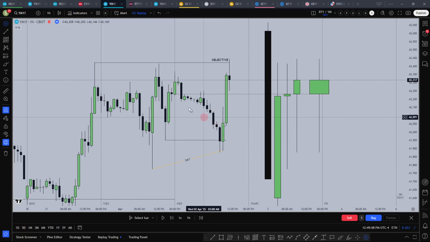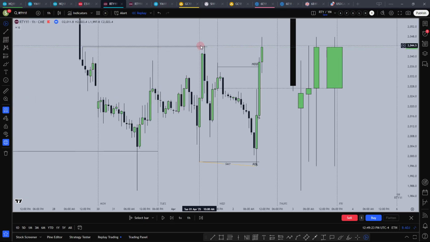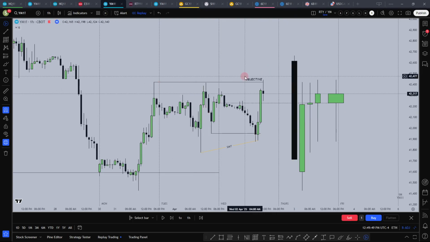I forgot to turn on the mic in the recording. So two positions in this day, one on RTY, shorting till previous day's low, because RTY had better structure. To short till here. This hitting the previous day, hitting the relevant internal level. So previous day being retracement, next day being expansion to the objective, open high, move away. So 9 a.m. OHLC established high, kind of short there, price displacing away from it. So high of the day being an objective, but YM and ES being the better pair. So that's why longing either YM or ES.